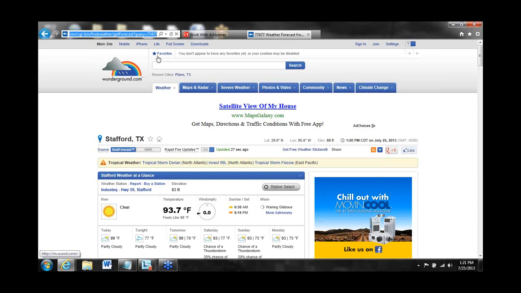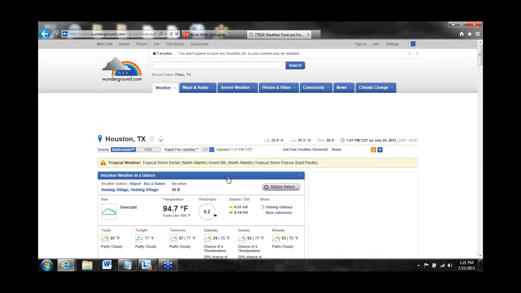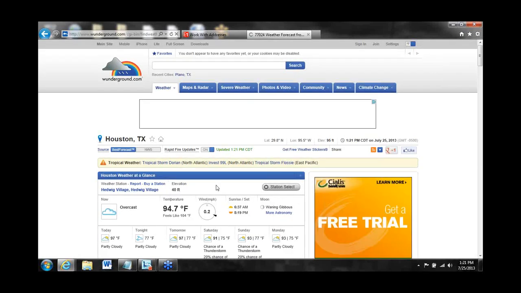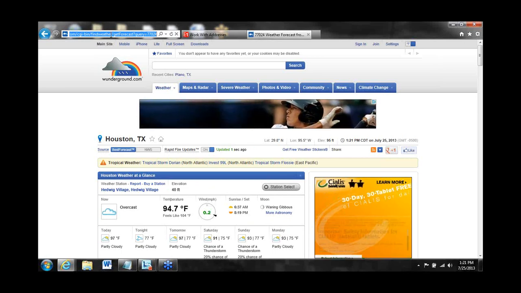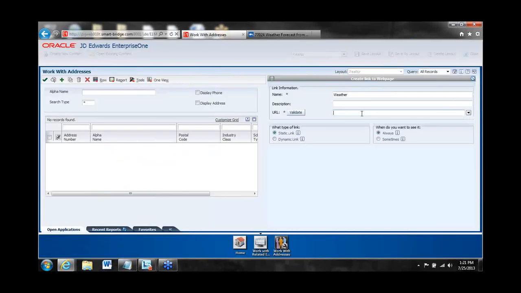So basically what we have to do is look up weather by using a postal code. This is the Houston weather report. So I'm going to use the same URL and place it here. And if you want to make it dynamic, what you have to do is click on dynamic,